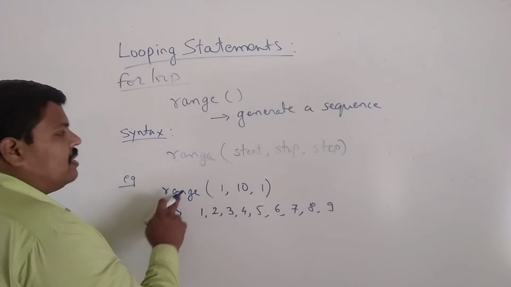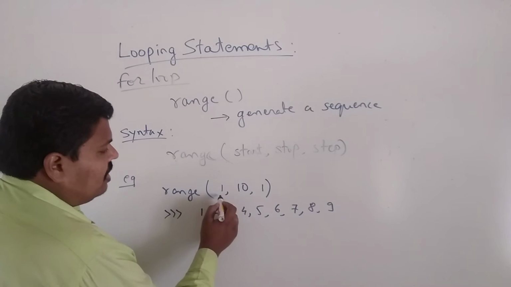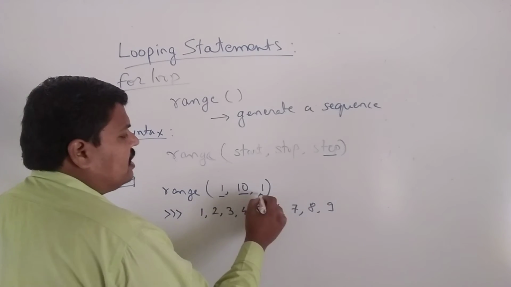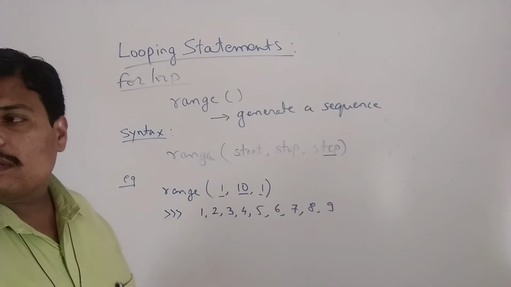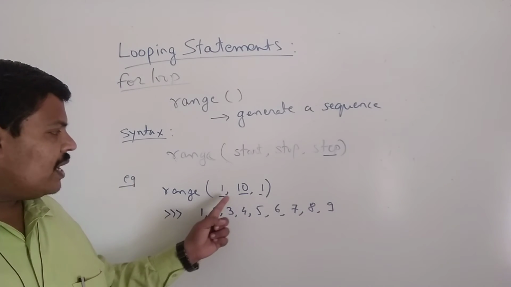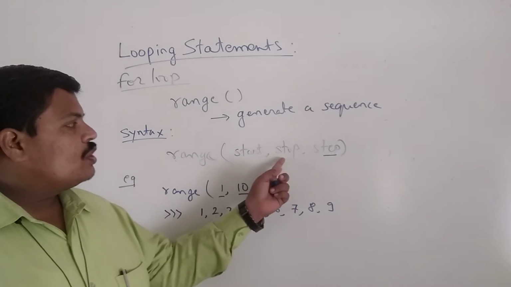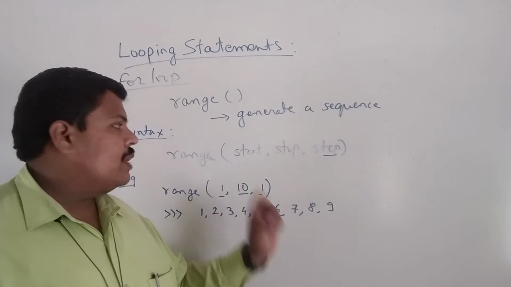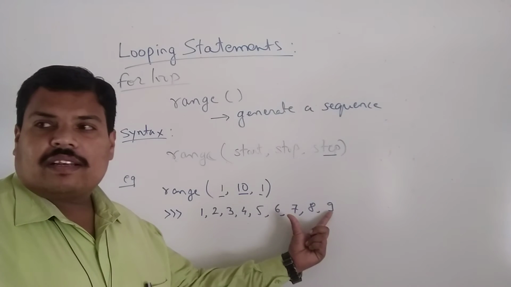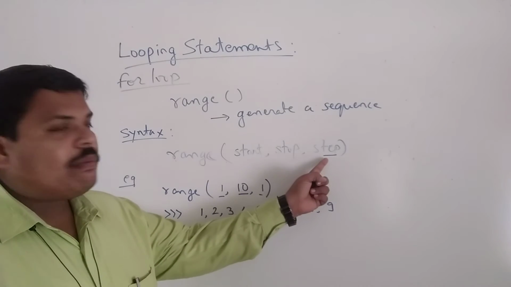So the range function starts the sequence from this start variable. See, this is the start variable. According to the syntax, this is the stop variable, and the step is by how much value you need to increment the list. Okay, so starting from 1 you go till 10, but 10 will not be included. The stop value will not be included. So the range function will create 1 to 9, with what difference? 1. Defined by the step value.